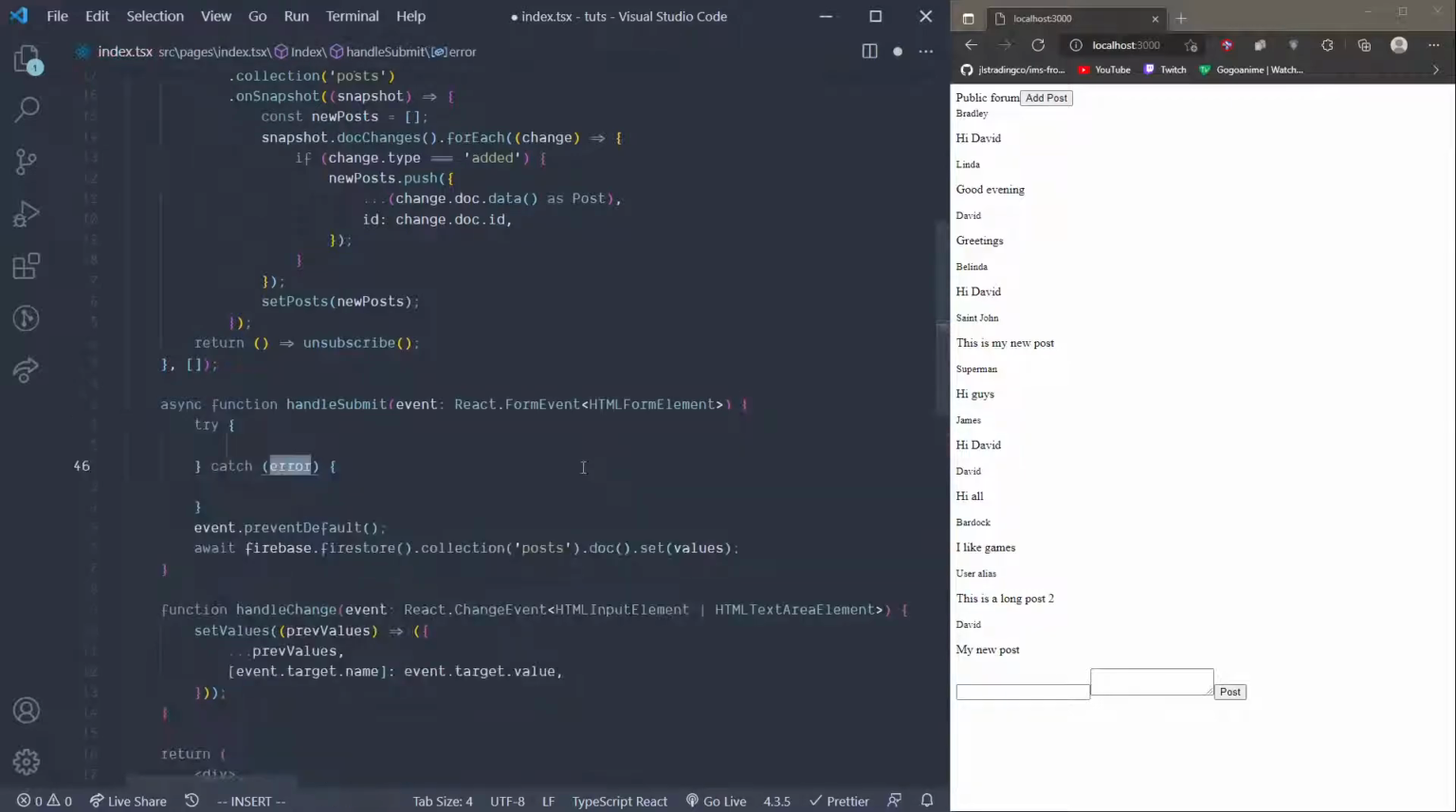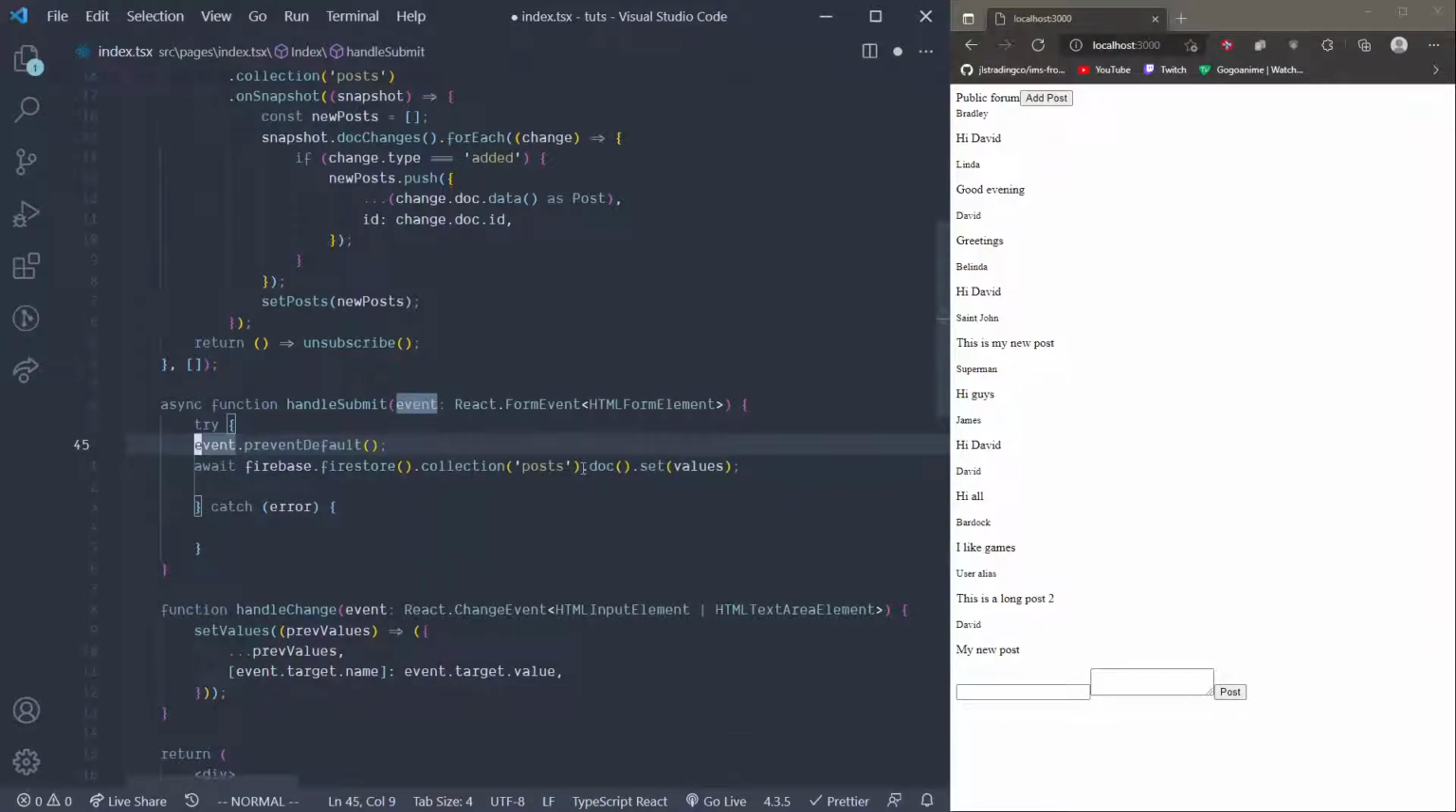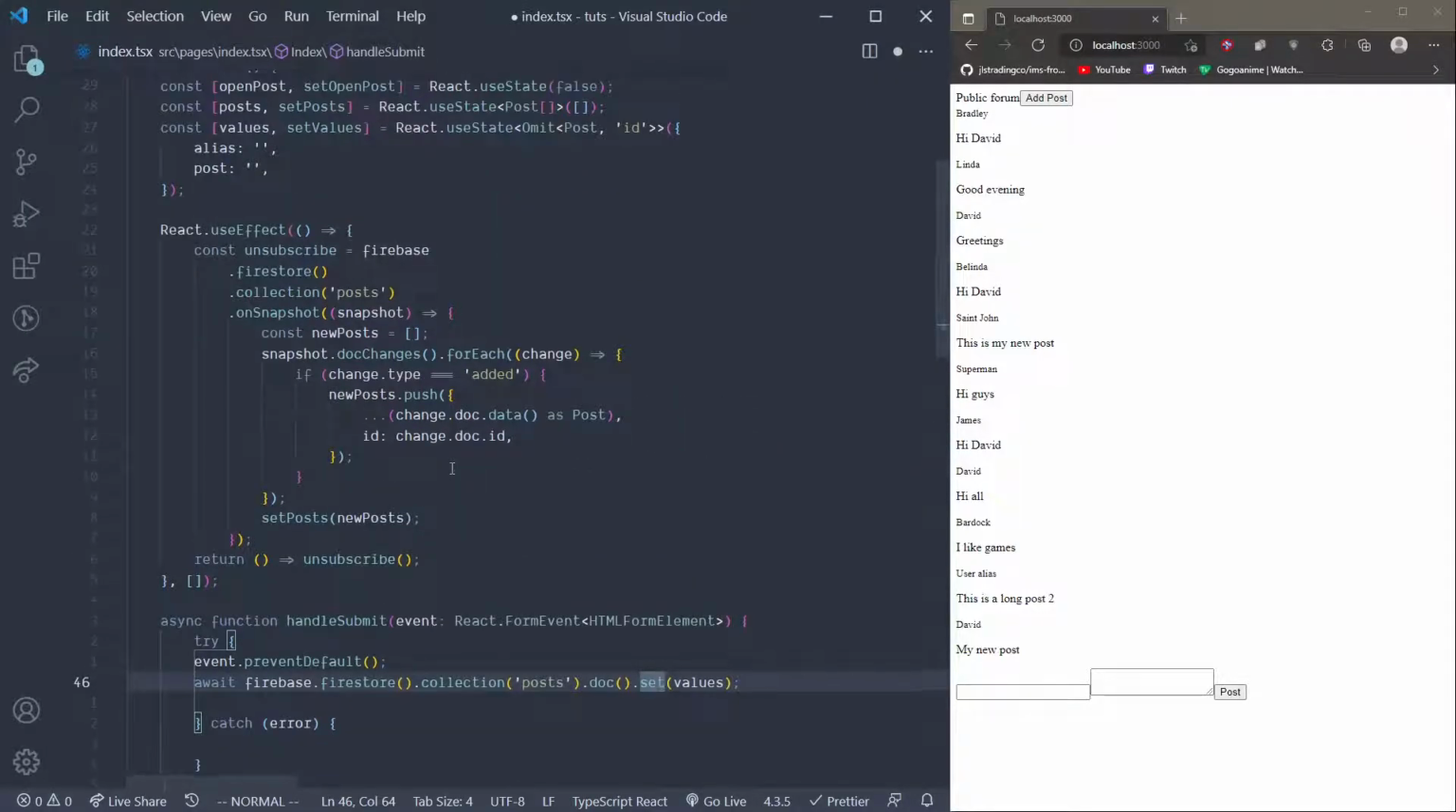So usually when you are using asynchronous functions, most of the time you use a try catch block to handle any kind of errors that happen, right? So it doesn't crash your application along the line, right? So let me first complete the try. So when this post is successful, all we want to do is